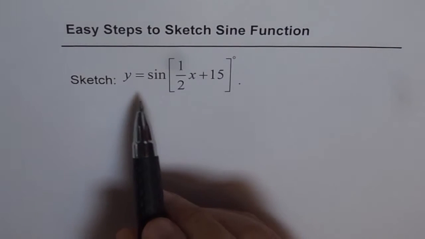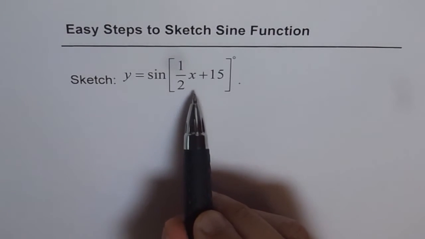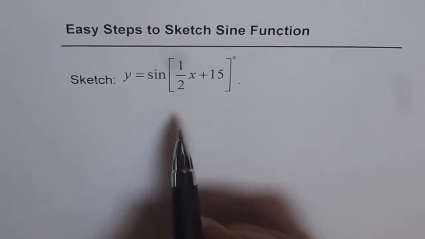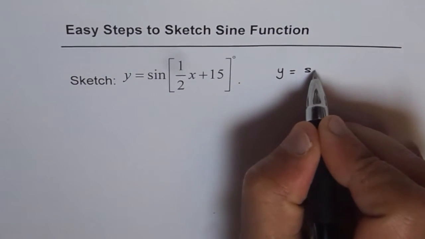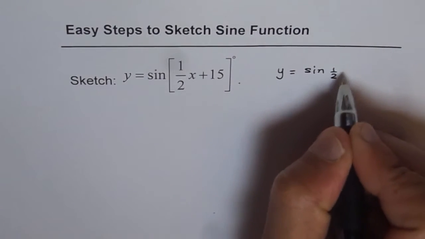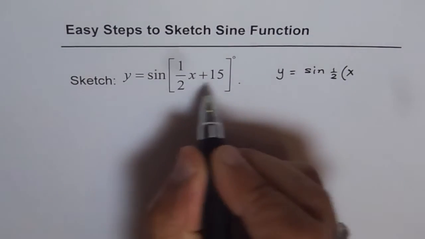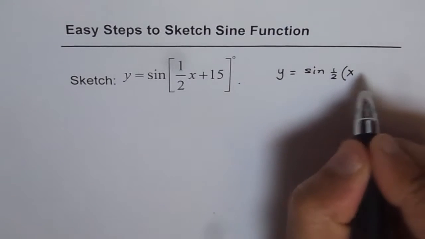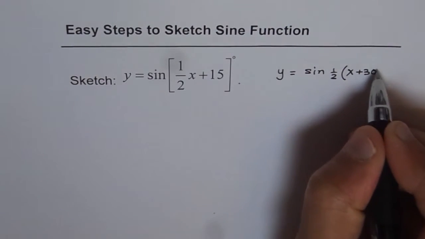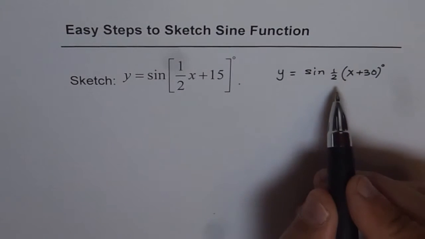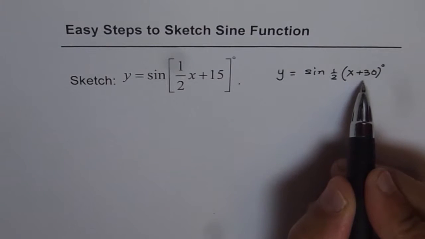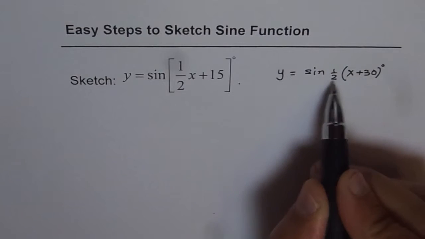Now, whenever you have this kind of a function, remember to factor half. That is the first part. So let me factor and rewrite this equation. y equals sine half, and then we get x. When you factor out half, you get 30 degrees there, right? So plus 30. So that is the function which you really want to sketch. It is important to factor so that you can see that the horizontal translation is 30 units to left, 30 degrees